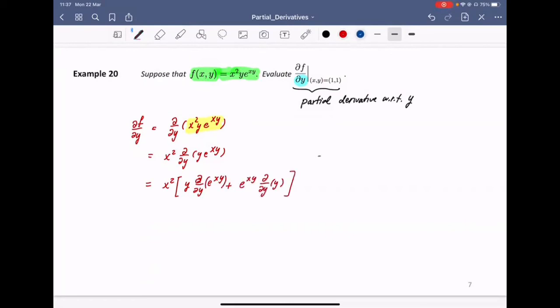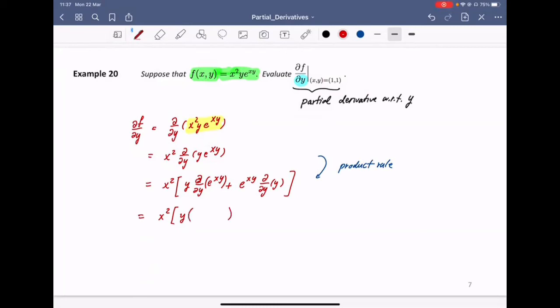All right, this step to this step, product rule. I didn't do anything fancy, just product rule, right? And then after that, well, x squared and then y. So once you want to differentiate e to the xy, so here,